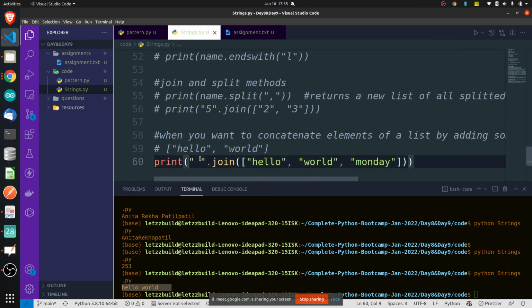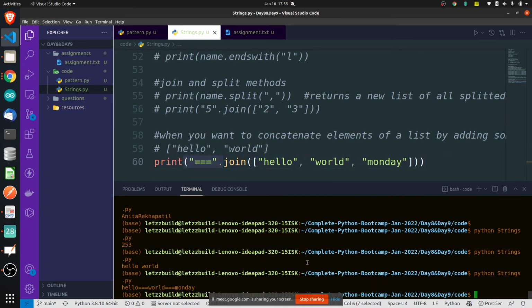Let's say I want to put an equal to sign in between these letters, that time you will be using the join method. So now what will happen is hello, then in between this will come, world, between this will come, Monday, this will come. See here. So the join method is used to basically insert a string in between some other strings.